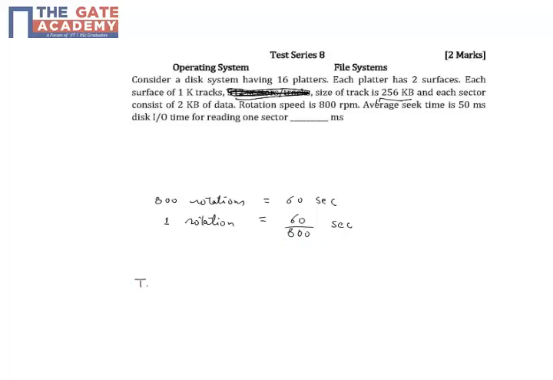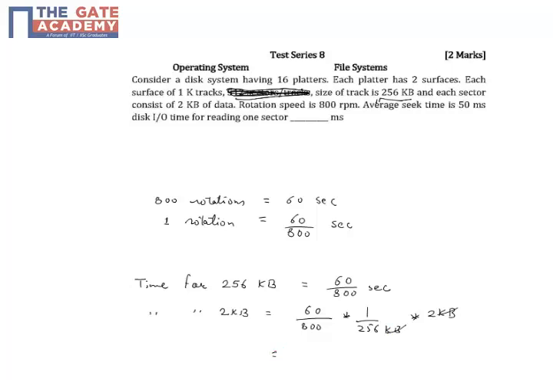So the time for 256 kb is equal to 60 divided by 800 seconds. So the time required for 2 kb of data will be equal to this time divided by 256 kb multiplied by 2 kb. We cancel kb with kb, and if we solve this particular equation, then the answer will be